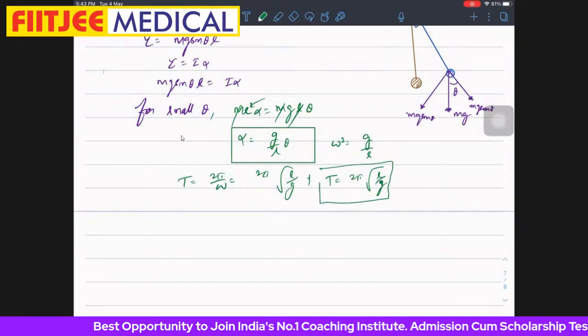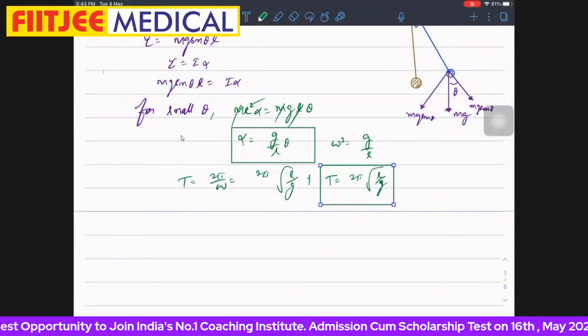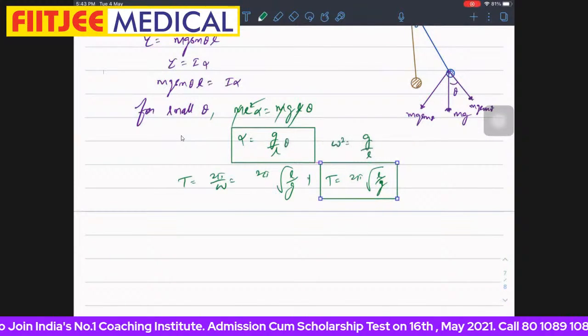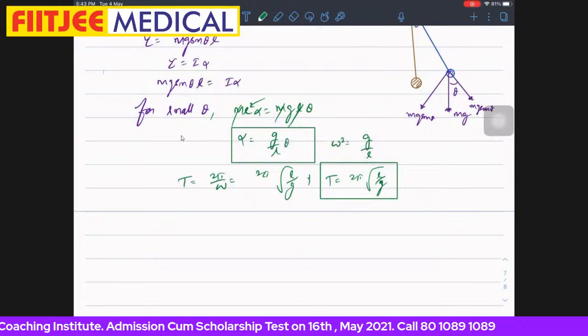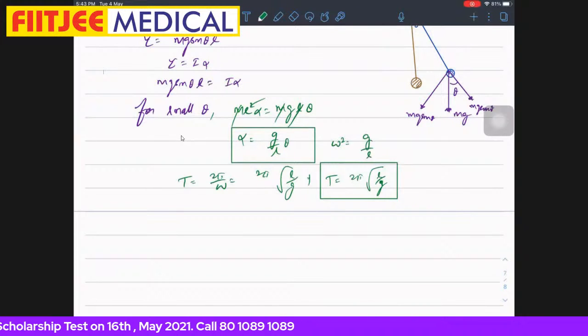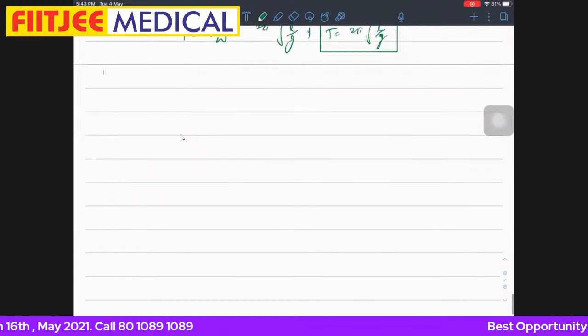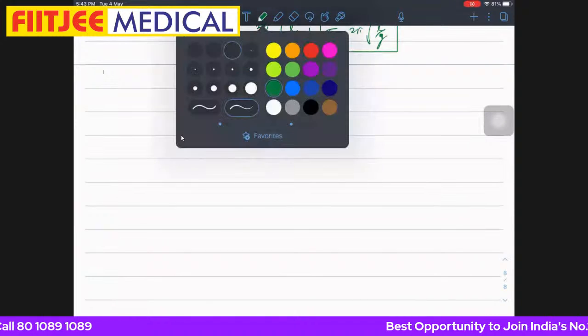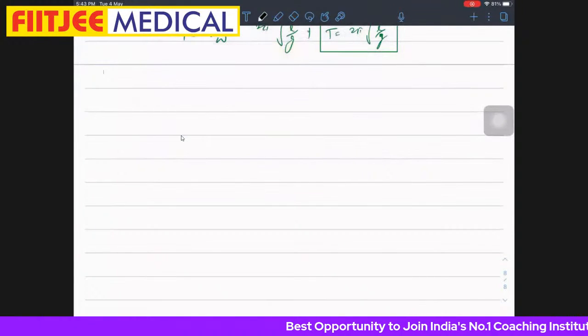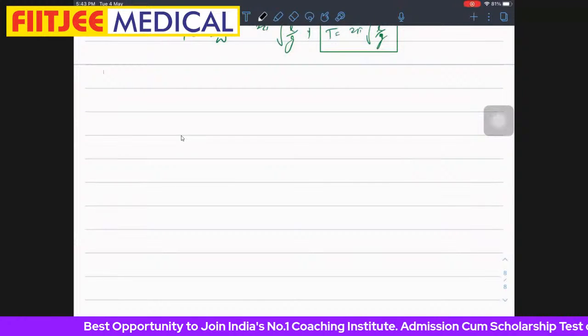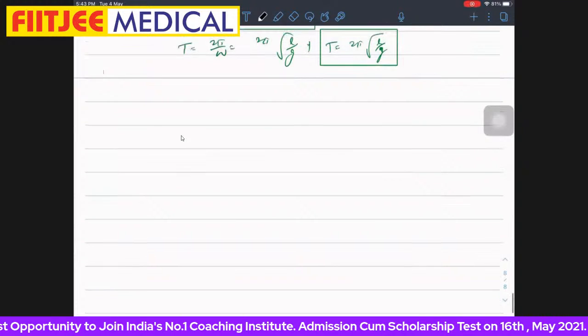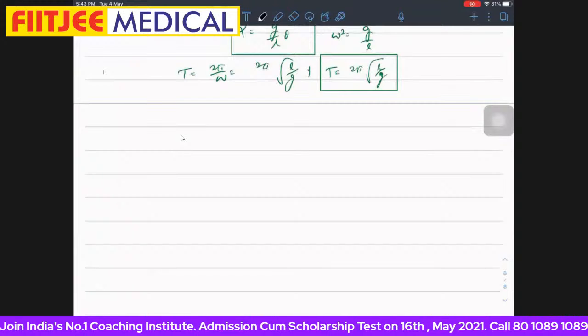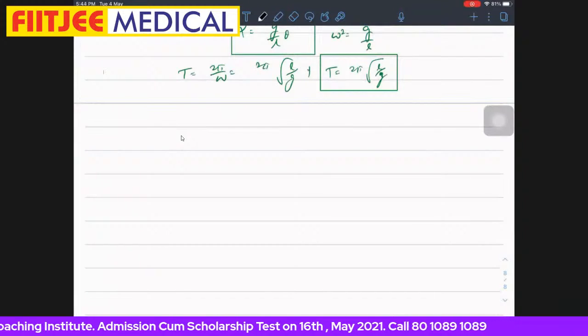But for a spring pendulum, the time period value is constant. It does not depend on the location, position, or how the platform is moving. But in case of a simple pendulum, the time period varies with external factors like how the platform is moving, what the position is, where it is, because the g value affects the time period. So we can write,